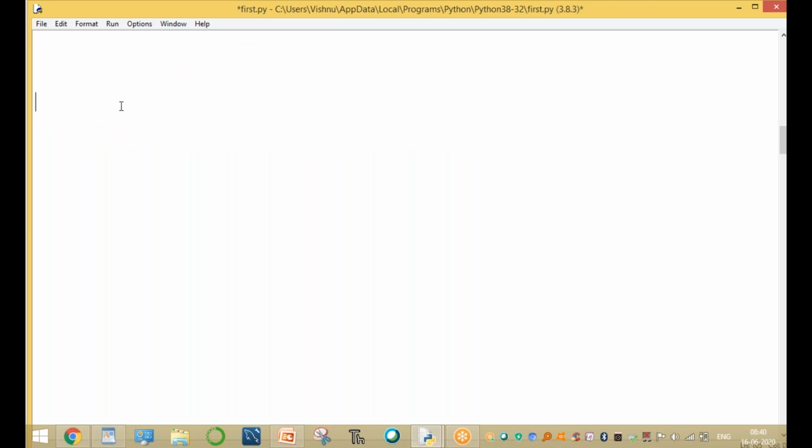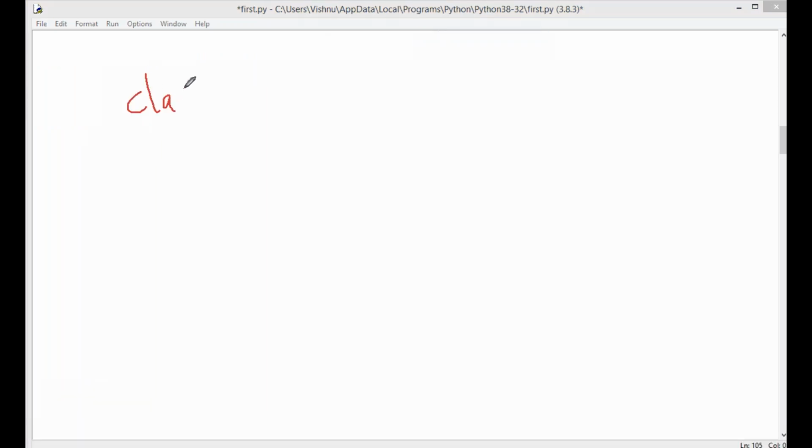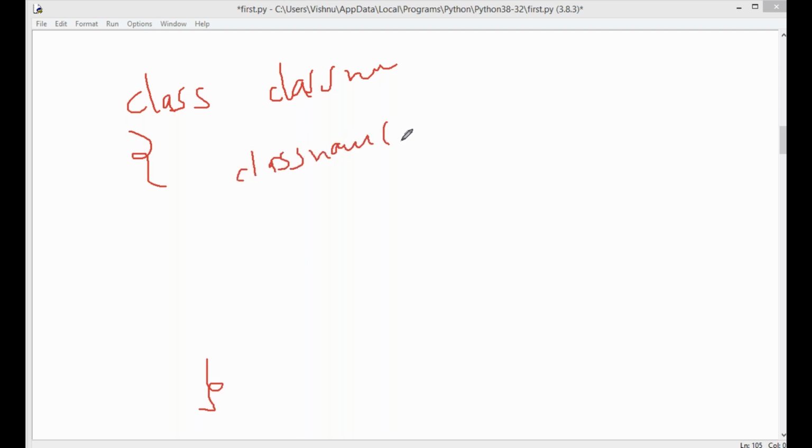In other programming languages, for example, there is a class with a beginning and an end, in C++ or Java, and when you write a function, the function name is the same as the class name.